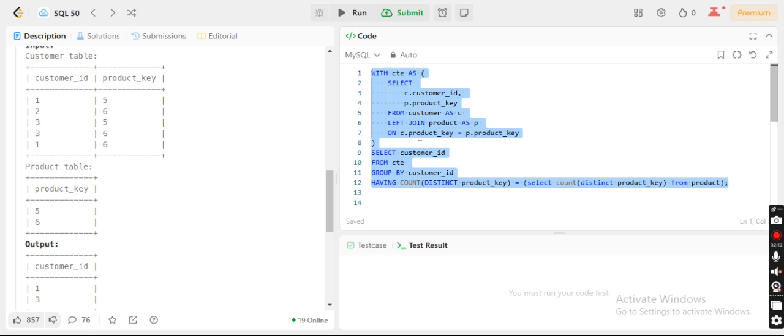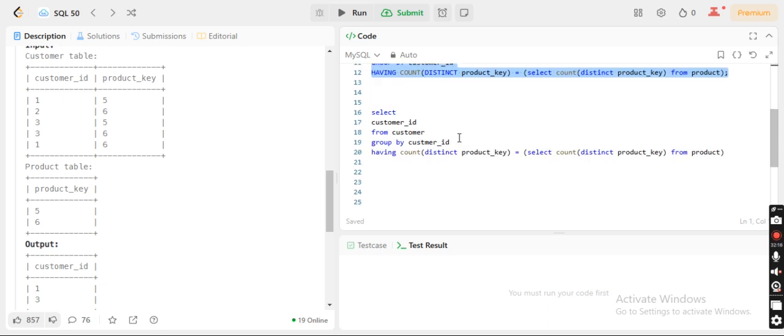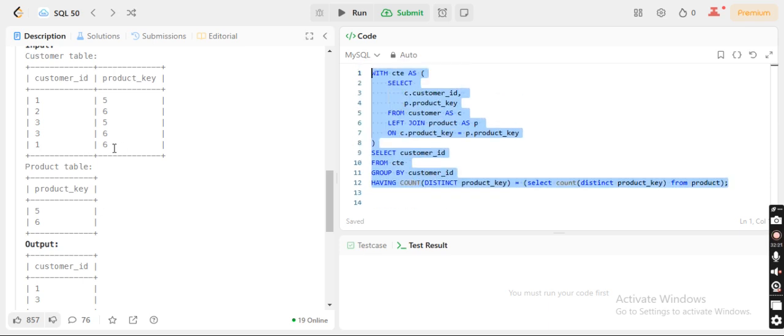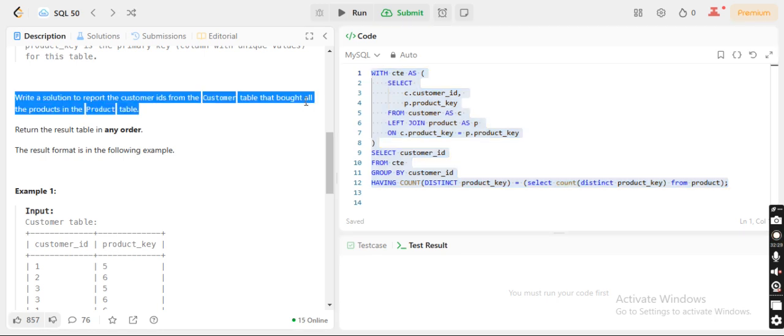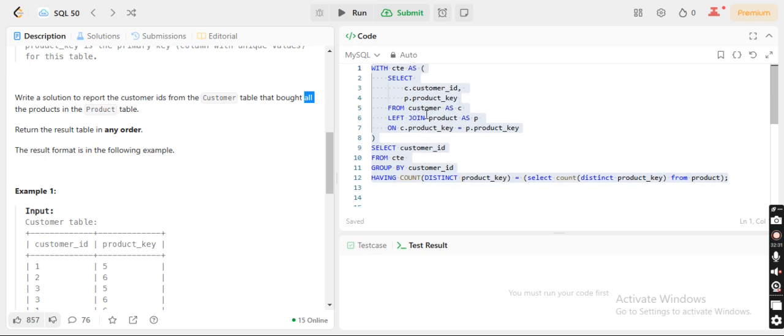And this solution was actually made by me yesterday only. Because this is the first thing which I already had, I just thought, what if I join the things using a left join, because I need all the products, no? So I thought let's do a left join on this.